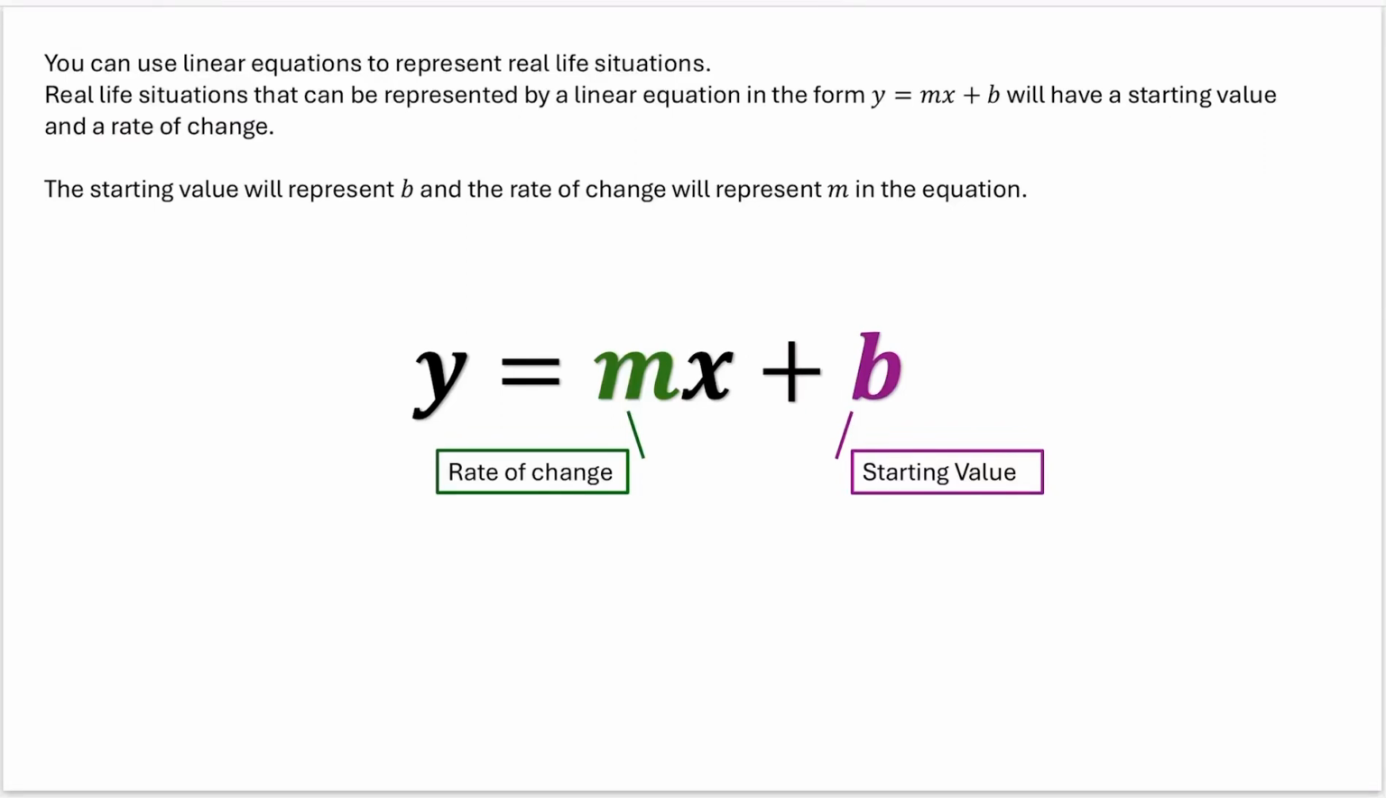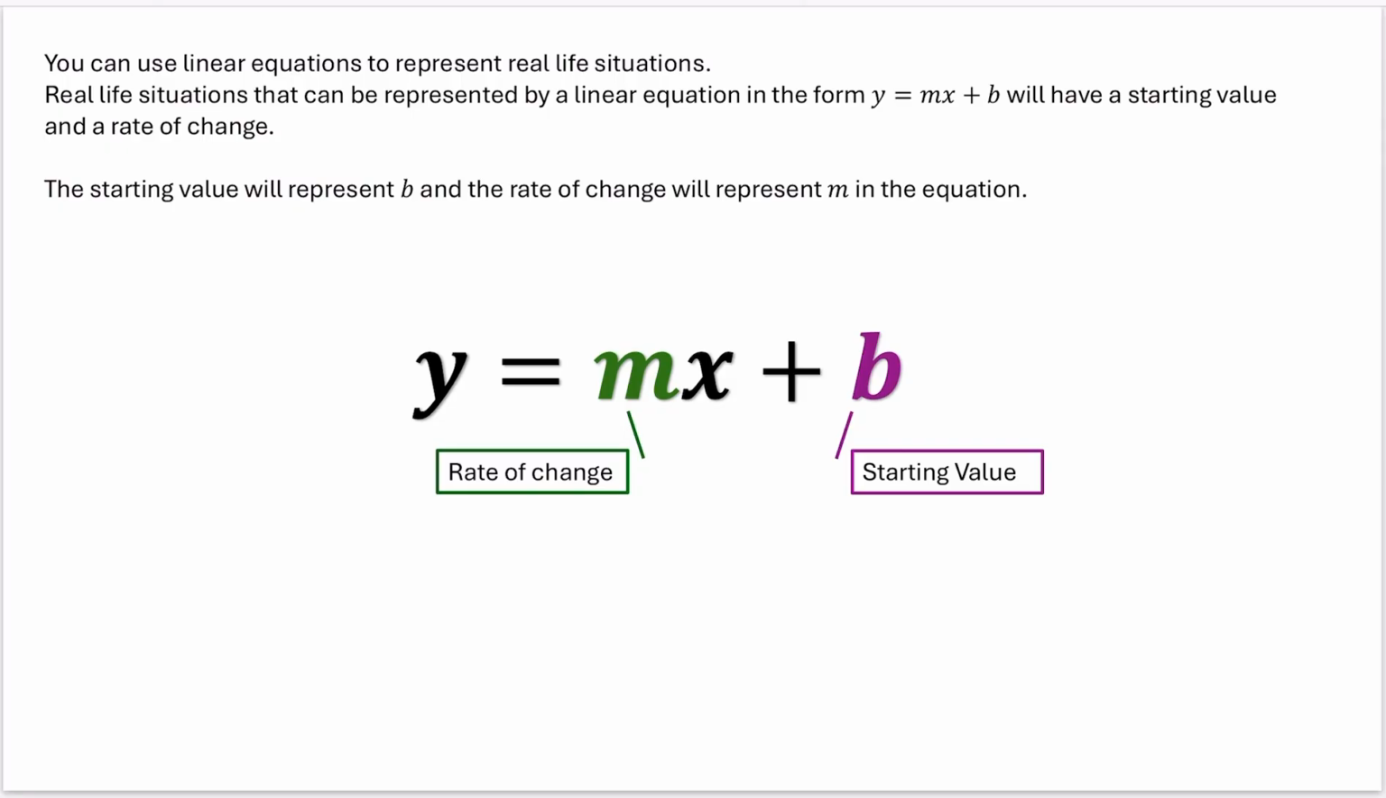So in this video, we're going to talk about how you can use linear equations to represent real-life situations. Real-life situations that can be represented by a linear equation in the form y equals mx plus b will have a specific starting value and a rate of change. So whenever you're reading a real-life situation, if it has a very specific starting value and then it's describing a constant rate of change, you know that you can use a function in the form y equals mx plus b